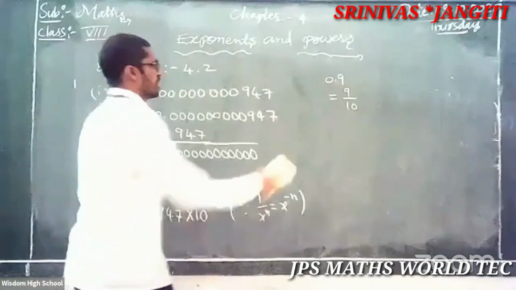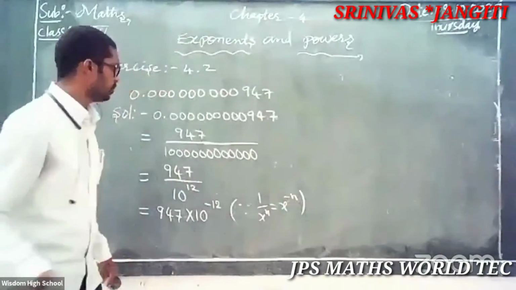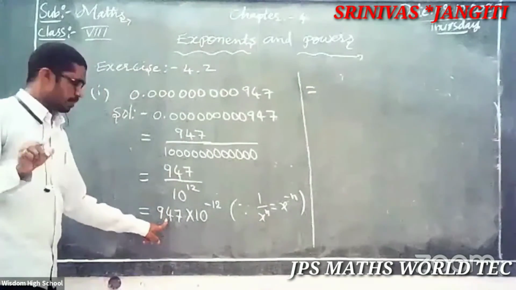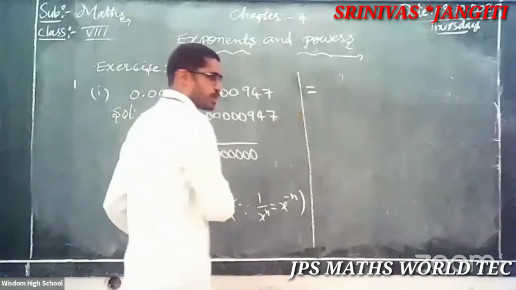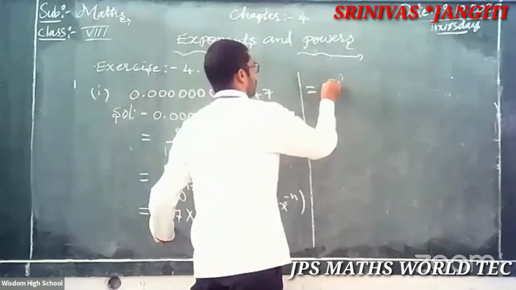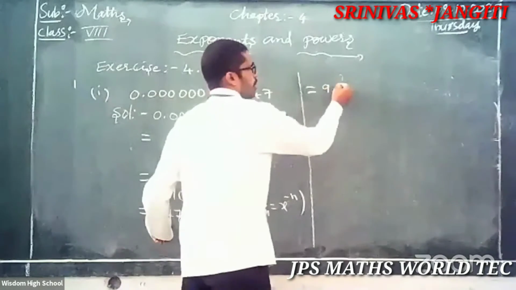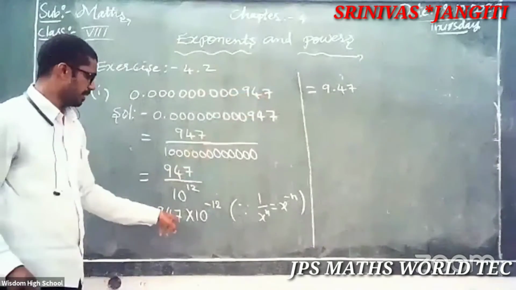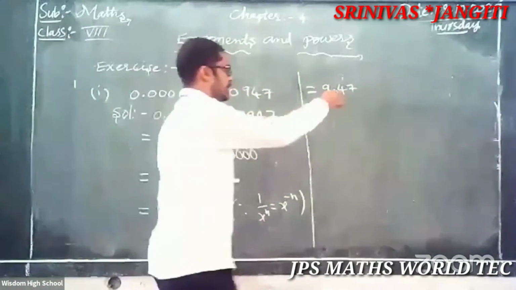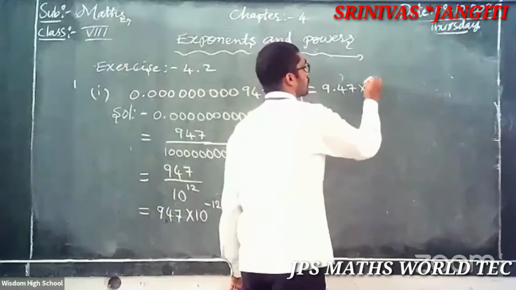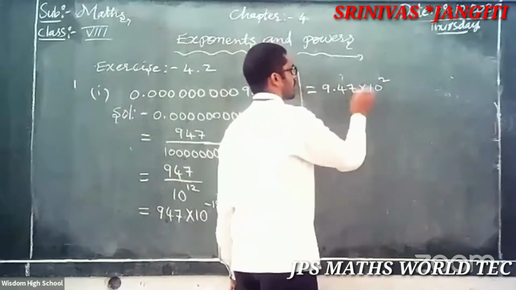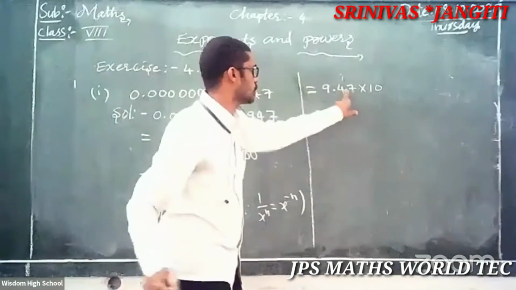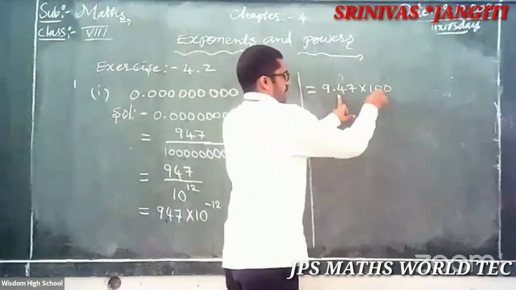And after, if you want the point, what happens here? Observe. One digit after you take the point, what happens now? Is enough answer. Again you observe. If you want more simplification, 9.47. Here no point, but I took a point. How many places after? 2 places, right? Then after, what is here? Into 10 square. Why, sir? It is 100. How you don't know? The numbers are here, observe 1, 2. 2 places are there now. That's why into 100.